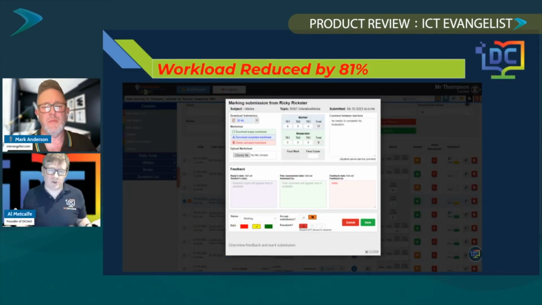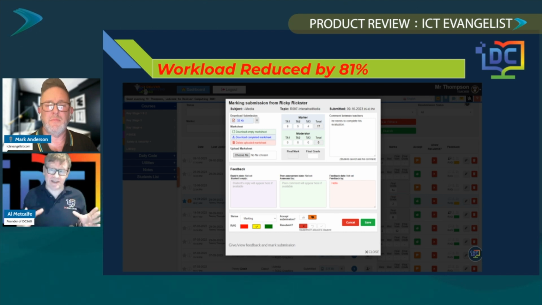The workload of a teacher is absolutely staggering, and more so when it comes to computing, because you see so many students. We've done a survey of our schools, and we ended up with a reduced workload of over 67%, and then over the last couple of years we've developed the system, because that's the key to our success,